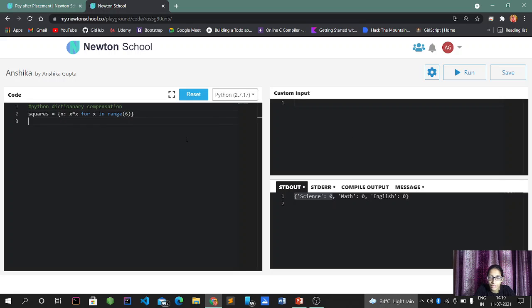Now for that, if I am using print squares, it will give me the squares of the numbers in the range of 6. If we execute it, it will give me up to only 5. So the square of 0 is 0, 1 is 1, 2 is 4, 3 is 9, 4 is 16 and 5 is 25. Okay. What is another method to print the same square?